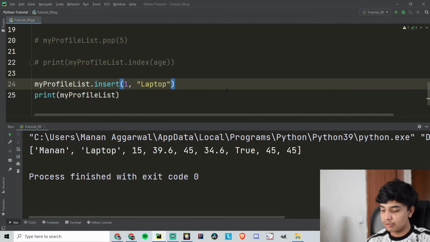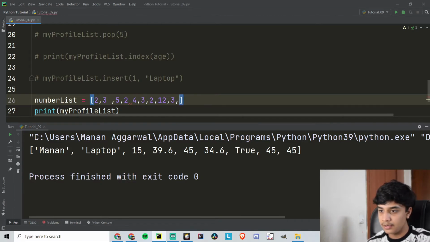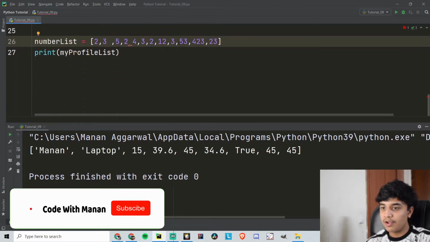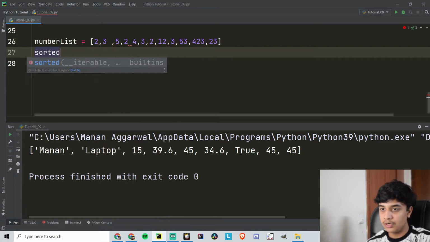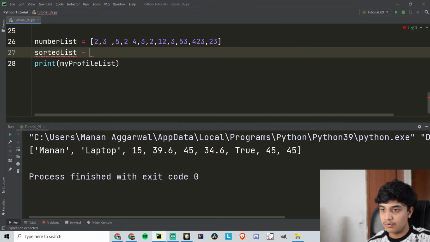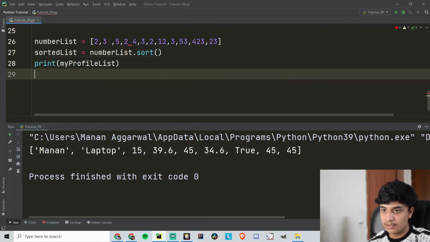And then there is also another function to sort. So I will make a number list, which will be equal to, and it will have numbers. Let's say I have randomly inputted many numbers. Now what if I want to sort this and print? I can say sorted list is equal to number dot sort, and then I can print this list.